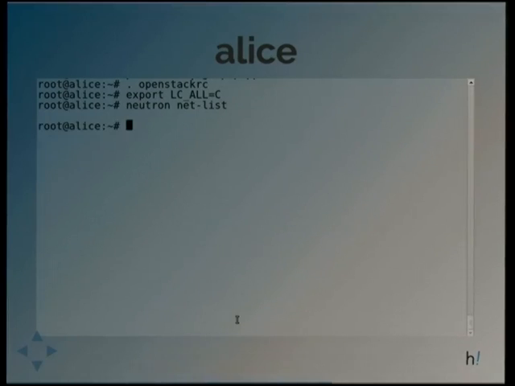Apparently, even SSDs are not as fast as they used to be. So this is not very exciting, but this is what I expected to see here. No errors, but an empty list that's being reported. And even though we don't yet have any infrastructure to implement it, because we don't even have a network node